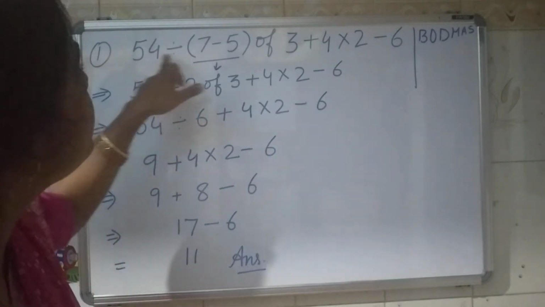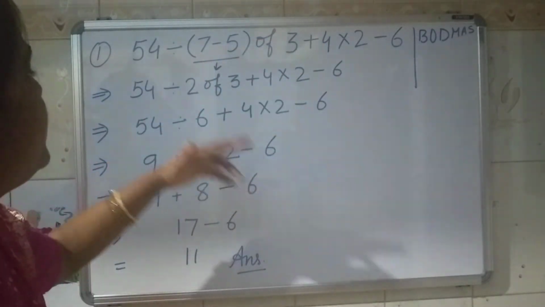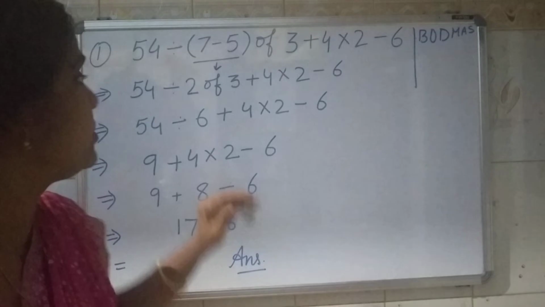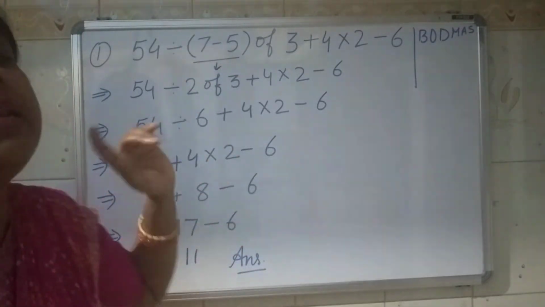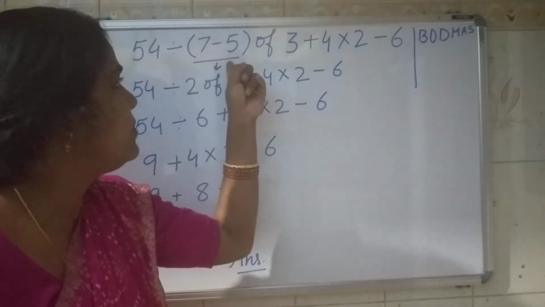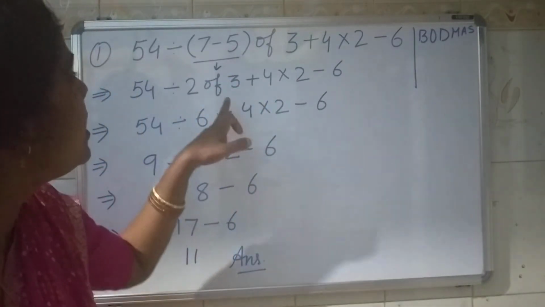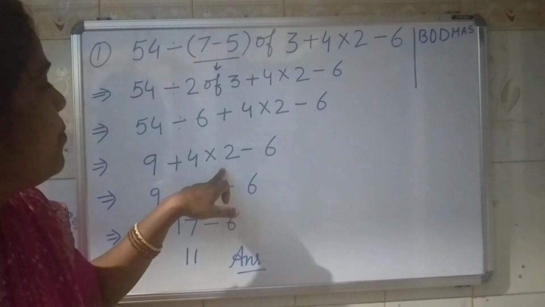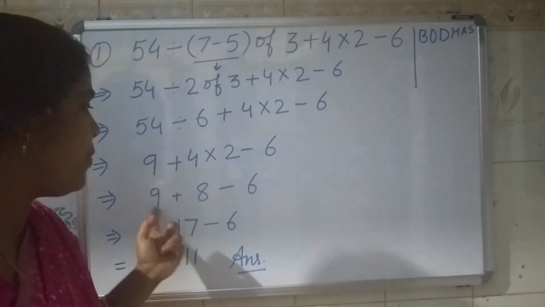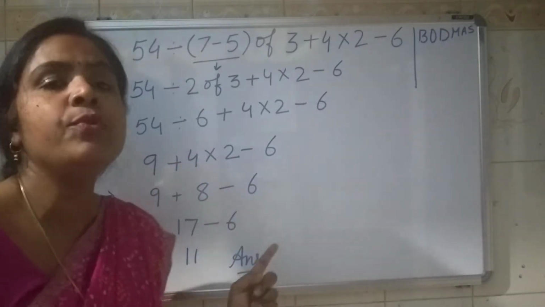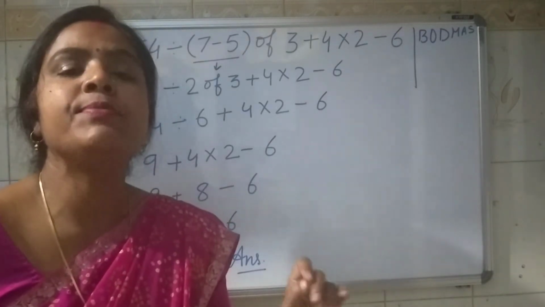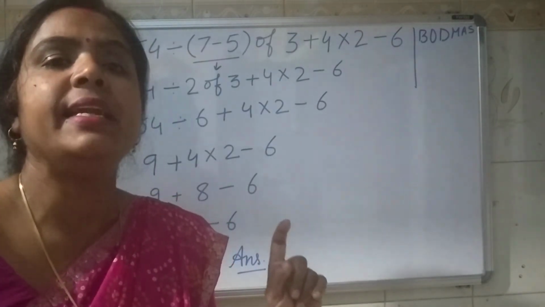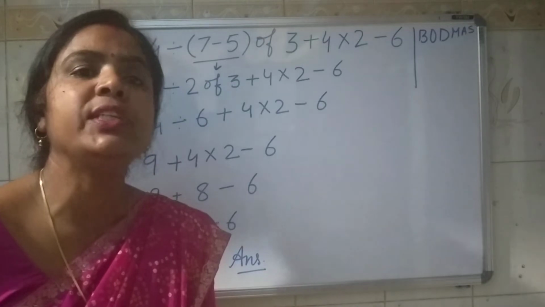You have to solve this type of question step by step, and each step is carrying marks. So you cannot solve this type of question in one line. So first bracket, then of, then divide. After dividing we have to multiply. After multiplying we have to add, and after adding we have to subtract. Follow these steps, then you will not make mistakes anytime. Okay, move to the second question.